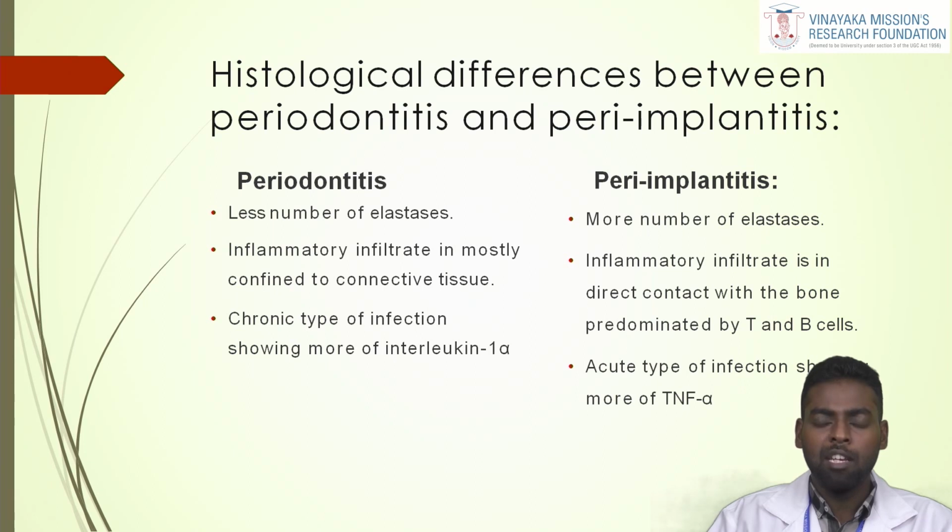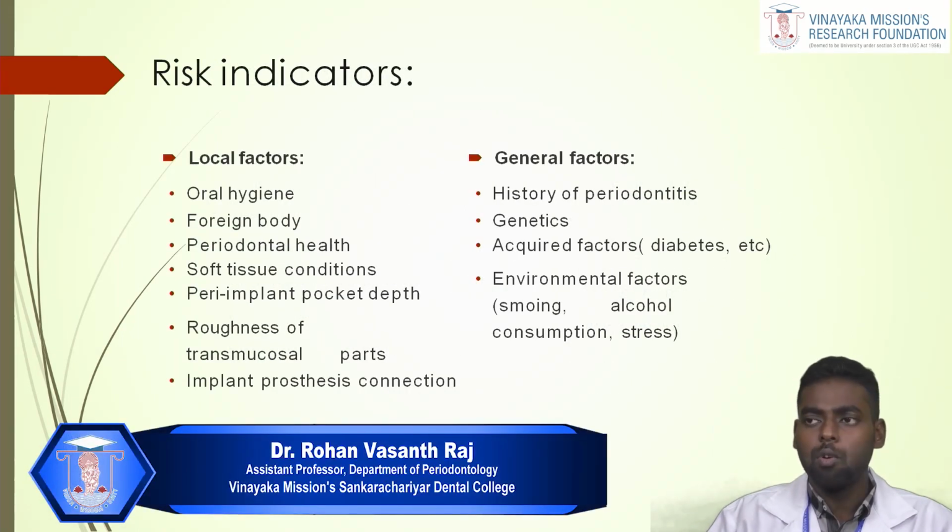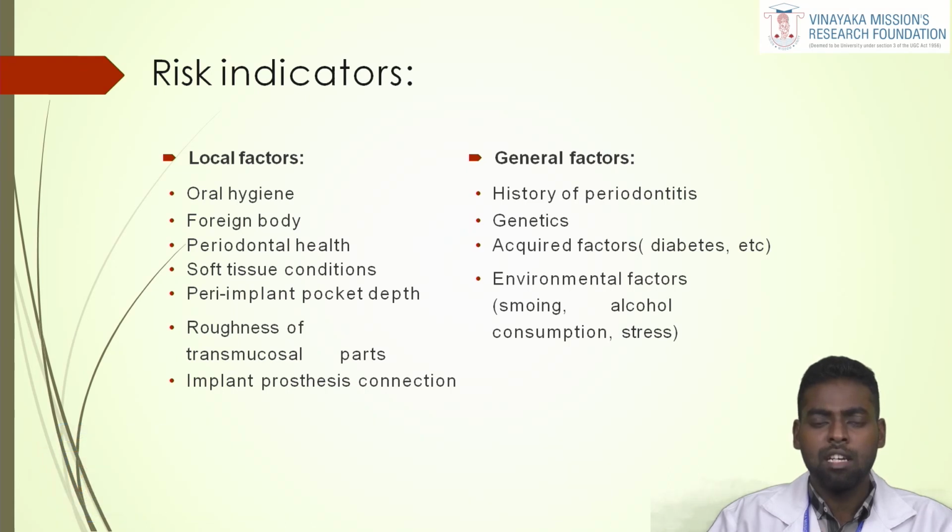In case of peri-implantitis, we will be seeing about TNF alpha, mainly focusing on T lymphocytes and B cells. So moving on to the part of risk indicators, we will be seeing about the local factors and the general factors also. Local factors involve improper oral hygiene maintenance, foreign body accumulation, periodontal health, and soft tissue conditions without any pocket, roughness of the transmucosal surface involving the implant surfaces also, and implant prosthetic connection